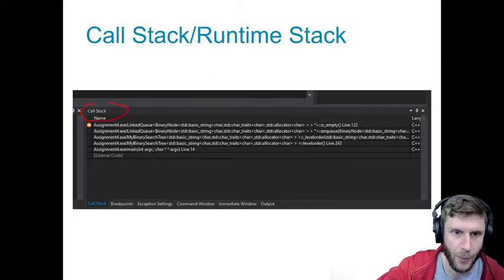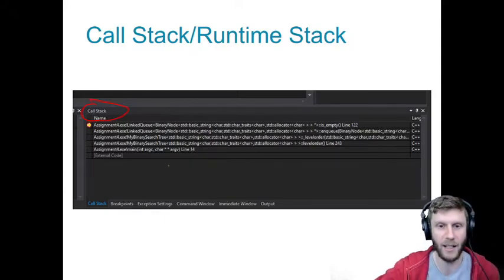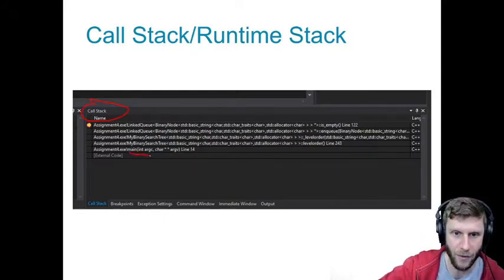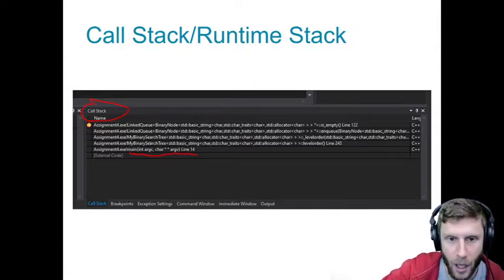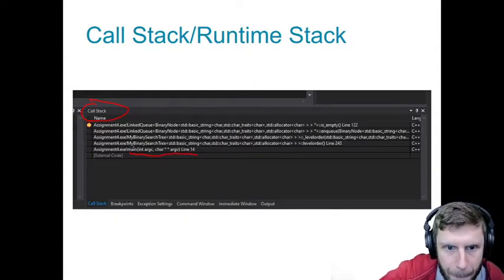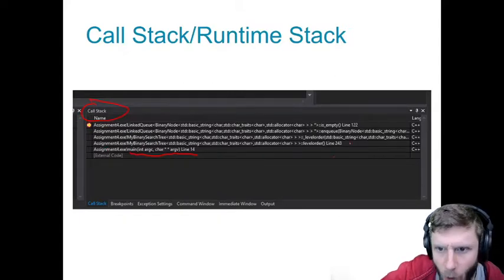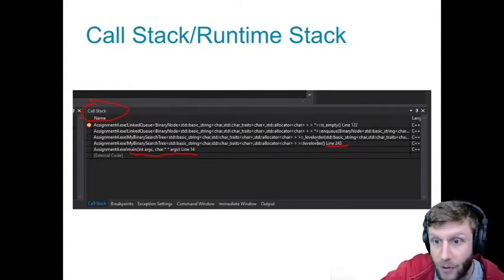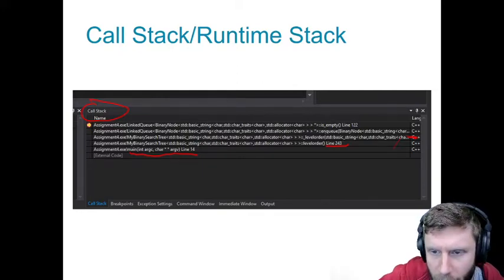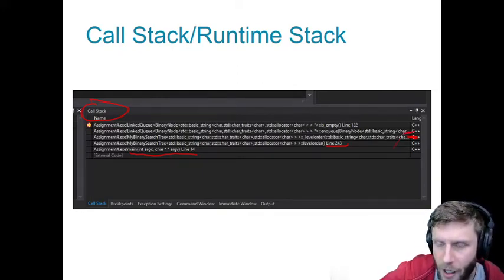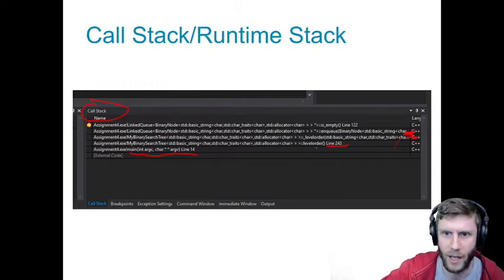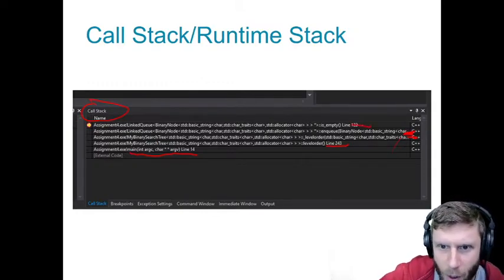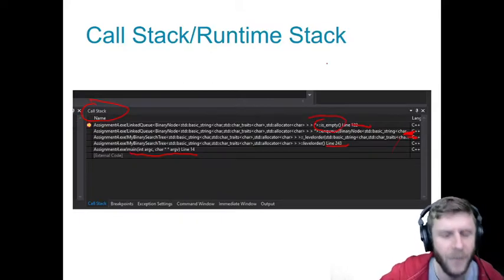Let's say you put a breakpoint and call the debugger in Visual Studio, you might see something like this. And this is your call stack. Basically it says, okay, in the main function on line 14, we called the function level order. And on line 243, I called level order again at some other line of code. Then I called the function enqueue on another line of code. I don't know where it is. And then on line 122, I called the isEmpty function and whatnot.